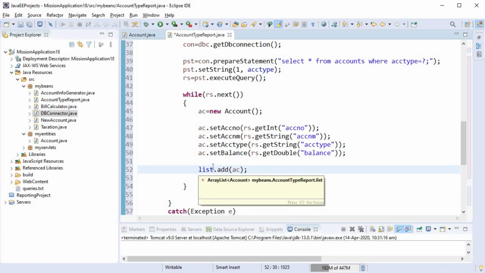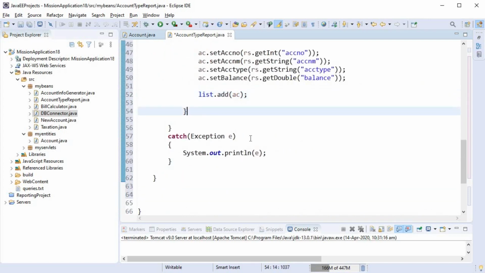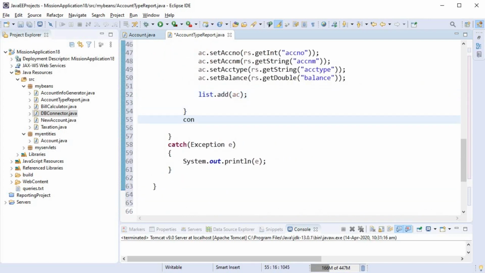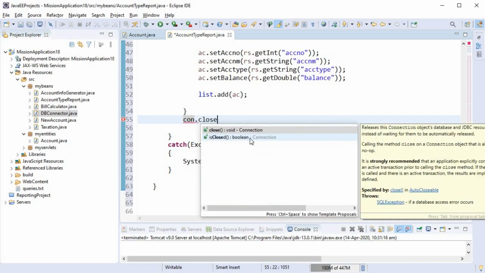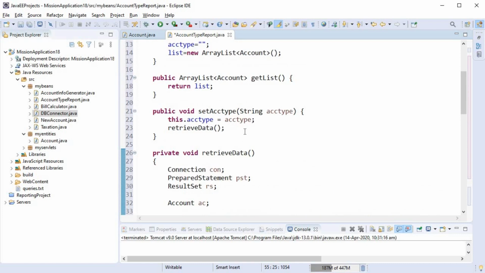The loop continues and a good number of account objects are added in the array list. This process will continue as long as there are records present in the result set. And finally, as a formality, we'll close the connection. This array list of account objects, and each object is one record from the database, is returned back from here to a JSP.